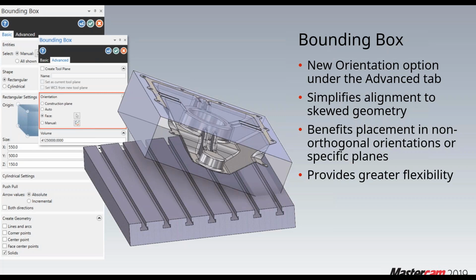And so now, kind of like I was doing on the last whole example part, I can essentially pick a face and